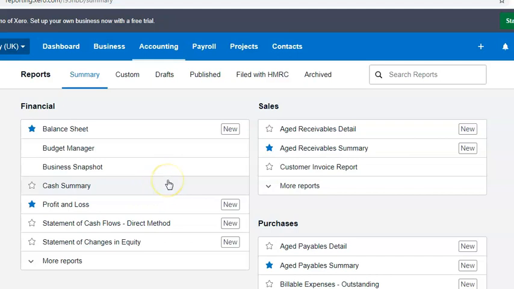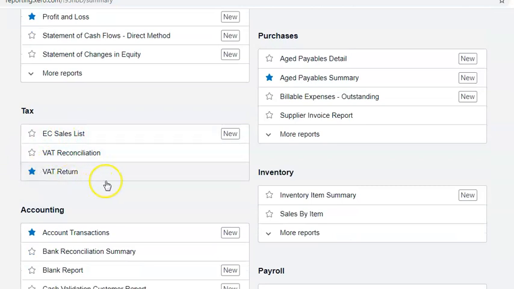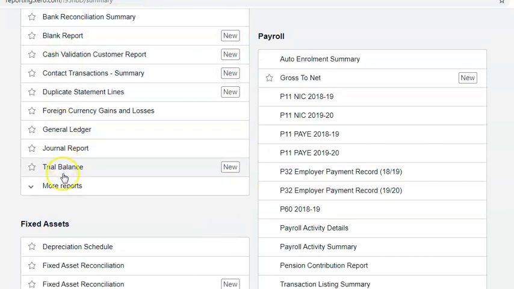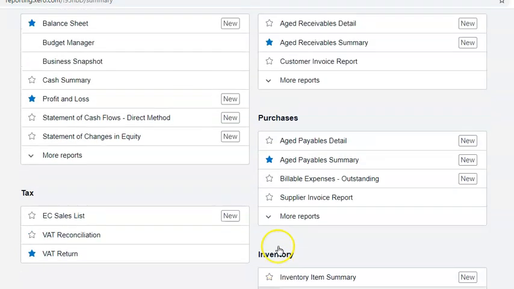by clicking on the reports button, you can see the financial reports, a large number, and tax reports. By the way, it's currently based on the UK version, but in my course I also look into Australian and other markets as well, to compare. But essentially, the software is available everywhere in the world, and you can also use your currency or multiple currencies as well. Then you have the accounting section with a large number of reports available: fixed assets reports, payroll reports, inventory reports,